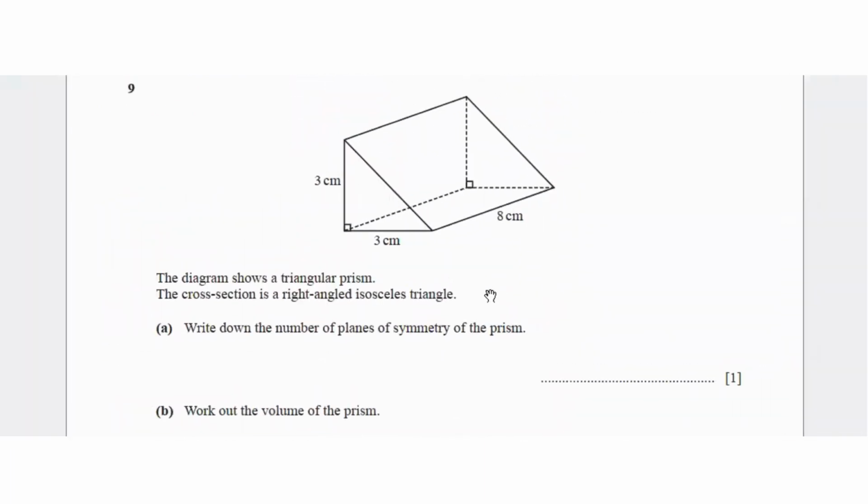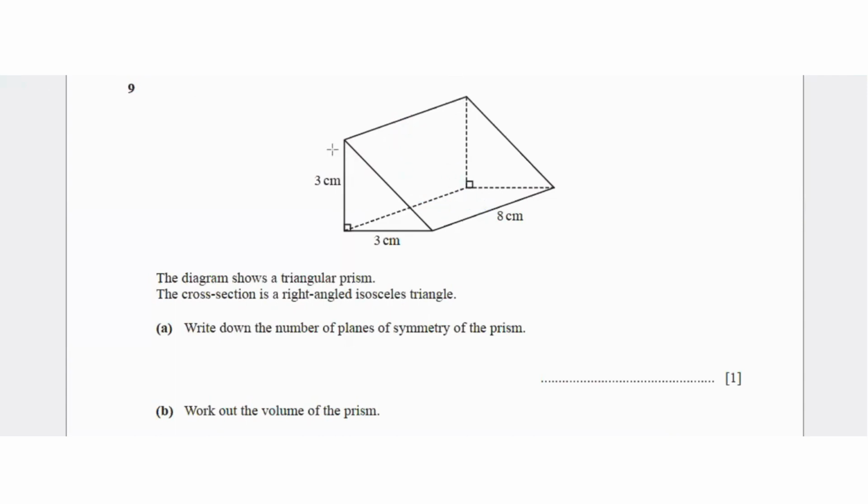In the next question, it says the diagram shows a triangular prism. The cross section is a right-angled isosceles triangle. Write down the number of planes of symmetry of this prism. So for the number of planes, if we split the prism into 2 equal parts, like in this direction, you would see that it equally divides the shape into 2 parts. So like both sides are identical. So that's one plane of symmetry, and the other plane of symmetry would be